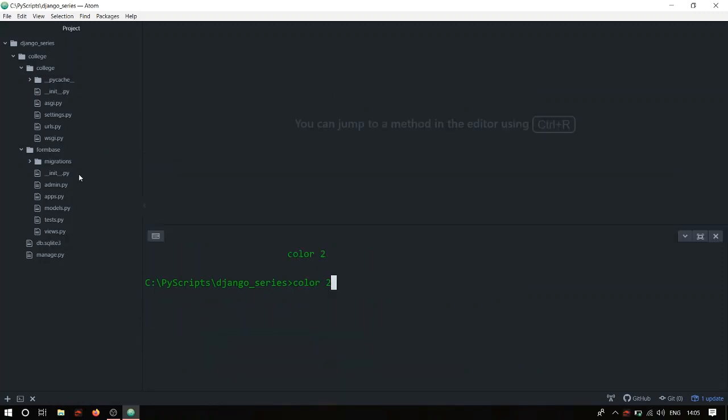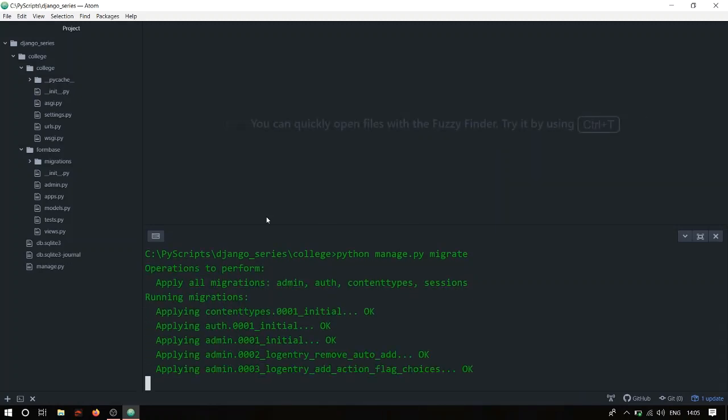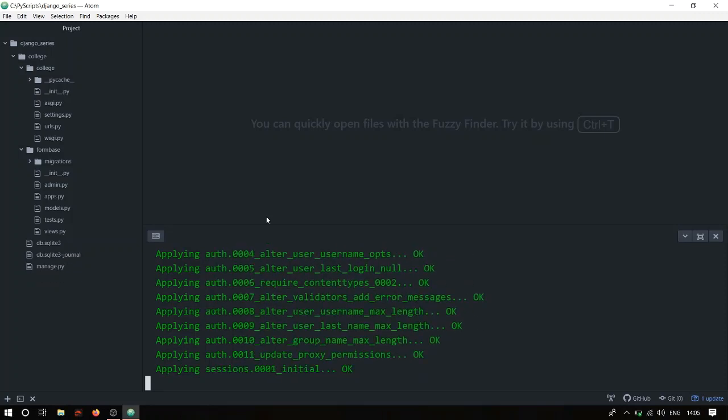And once you're done with that, you need to create a superuser. So before creating a superuser, let's go back to our college directory. And as I said, before creating a superuser, you need to make migrations and migrate everything inside your apps. So the command will be python manage.py migrate and hit enter. And it's going to apply all the migrations just like that.